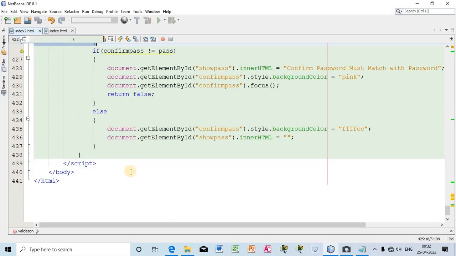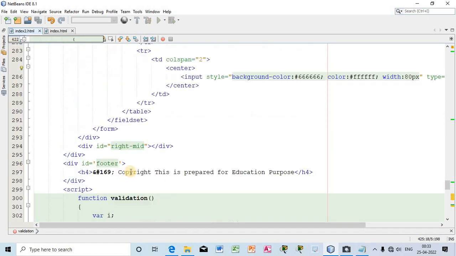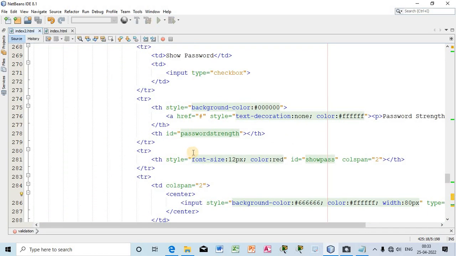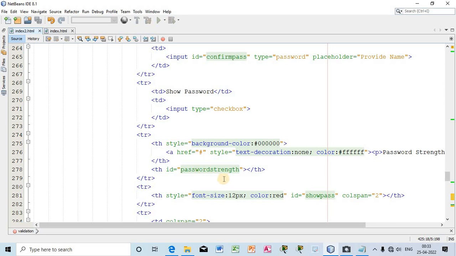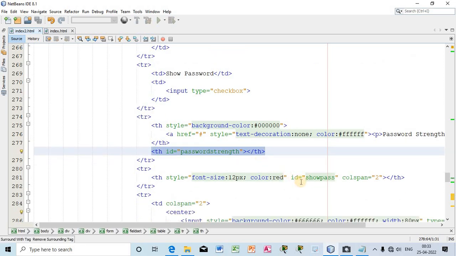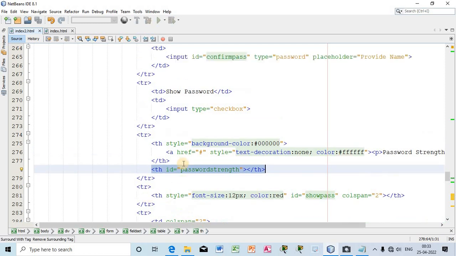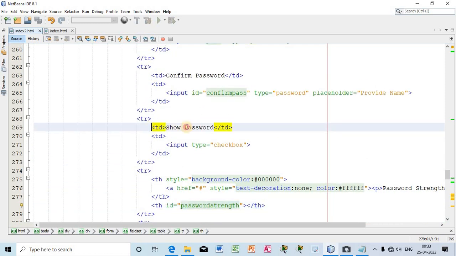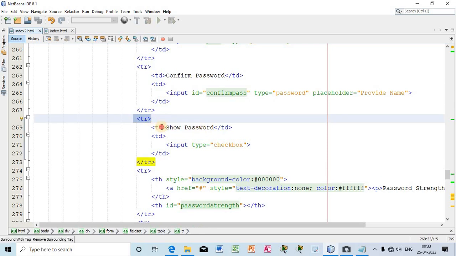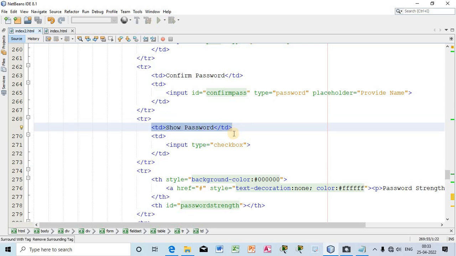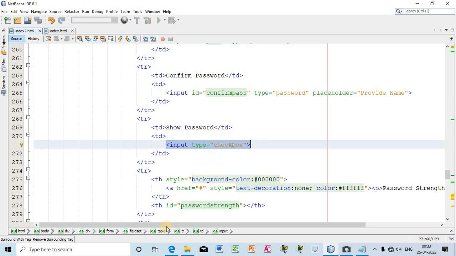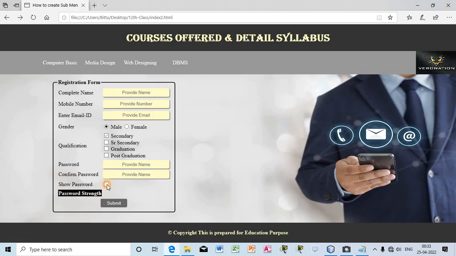So what I will do now: here you can see show password strength, right? And the option was there, show password, right? Here is the show password option. So you can see this is the input checkbox, this particular checkbox, right? So here I will write,